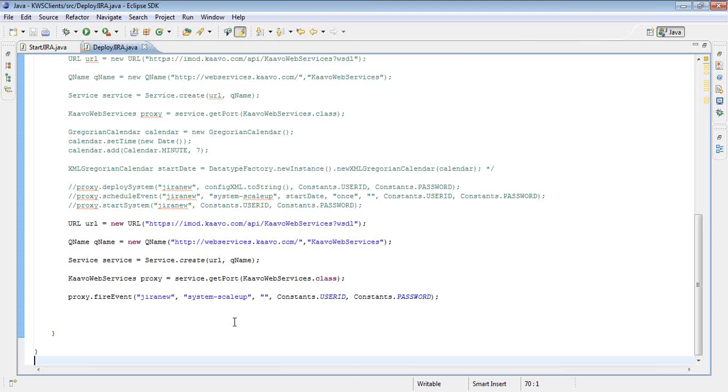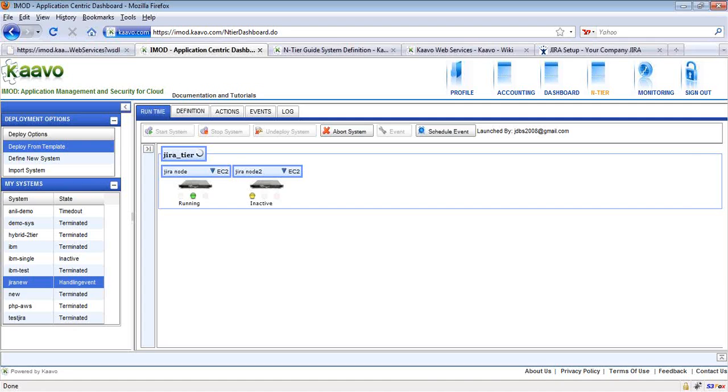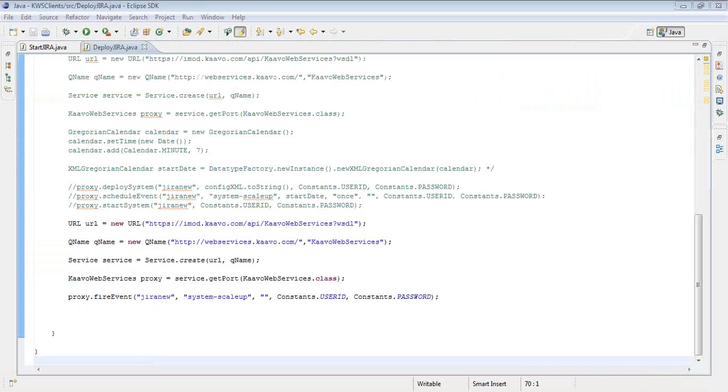Can you just explain what this Fire Event API is going to do exactly, and after the server will start, what will happen exactly? So what this Fire Event API does is it fires an event right away.